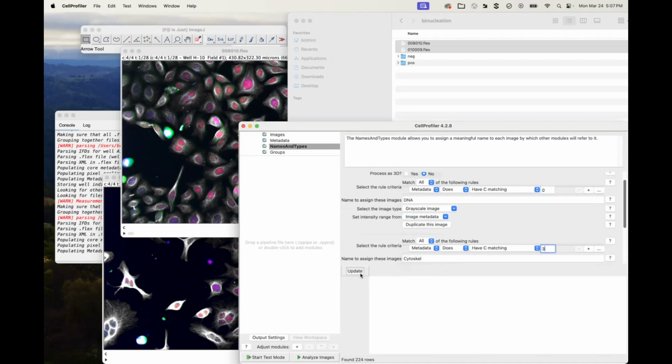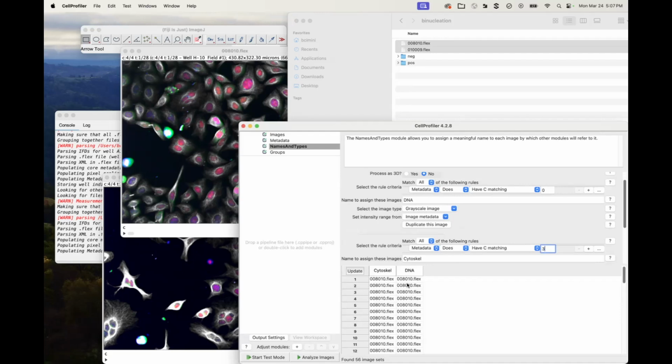But now again, hopefully I hit update and I continue to have 56. We still do. Woohoo! And so we've now taught Cell Profiler in a couple of different ways how to open these proprietary file formats with different metadata structures. We've explored them with ImageJ, and now we would be ready to actually build our pipeline and do a real experiment.